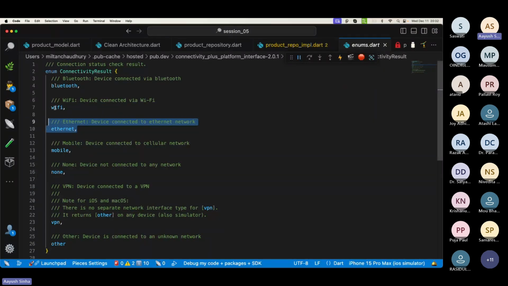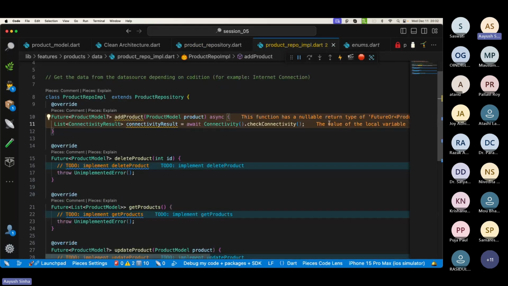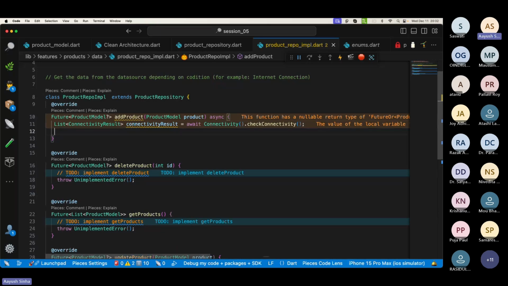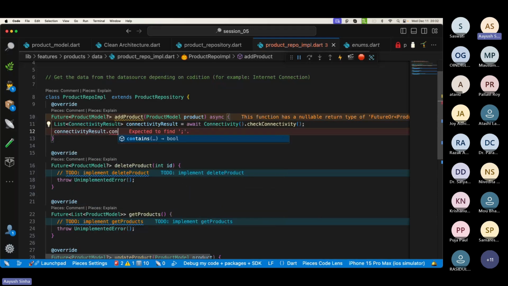So we'll check for Wi-Fi and mobile. It doesn't guarantee the internet connection. Suppose Wi-Fi is connected but there's no internet, it will not give us the correct result, but that's okay for us, because there's no way to check exactly if we are getting the internet or not from the Wi-Fi inside our application without other permissions. So we'll only rely on, we'll check connectivity result dot contains